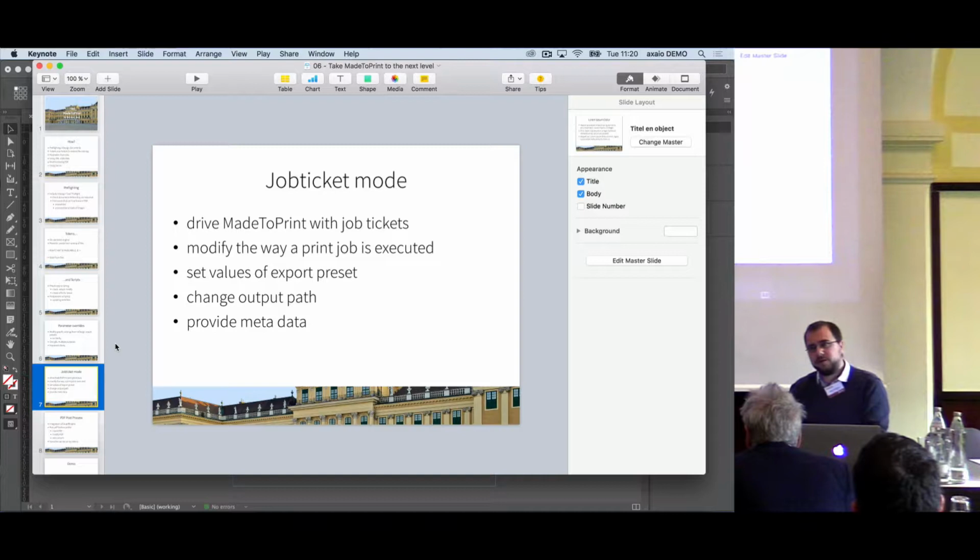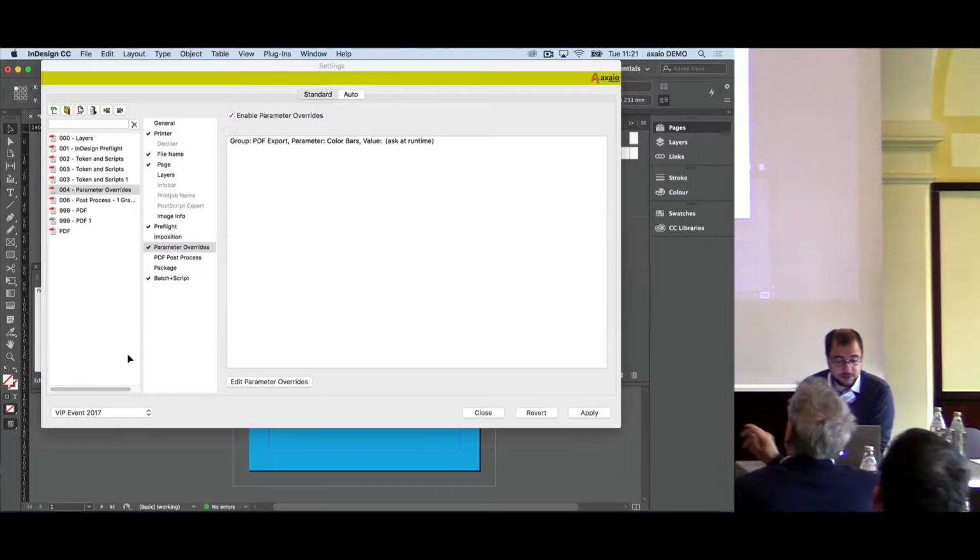So you can set values for the export preset, you can set the parameter overrides, you can add scripts to the job which have not been in the MadeToPrint setup itself. You can change the output path from your workflow system, and you can even provide metadata, which you then can again use in the token engine. So with one MadeToPrint job, or just a few, you can have a variety of output possibilities. So again, if I go to MadeToPrint,